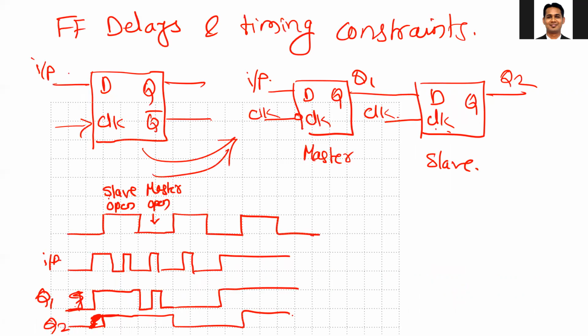In digital circuit, you have studied about the flip-flop and the master and slave flip-flop, where the D flip-flop consists of master latch and slave latch. In the positive edge triggered flip-flop, your master latch is active during the low level of a clock, while the slave latch is active during the positive level of a clock, and this results in a positive edge triggered flip-flop.